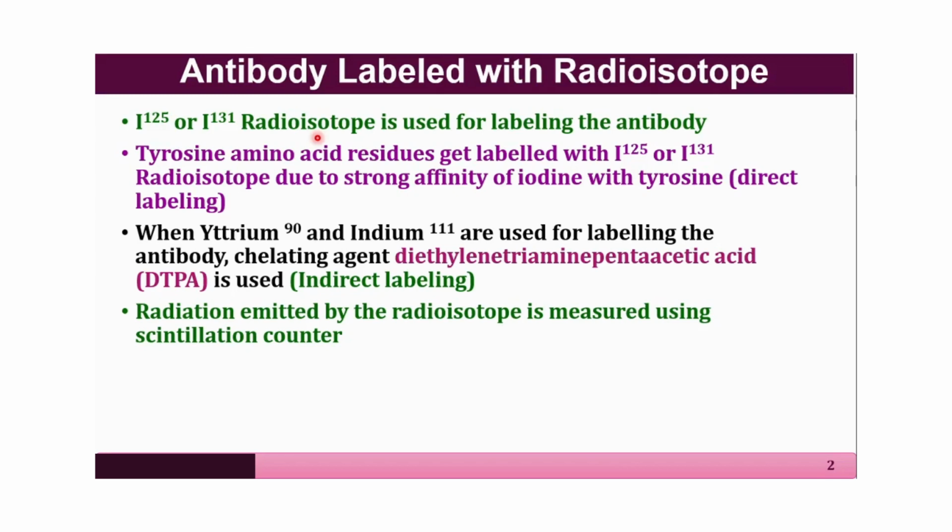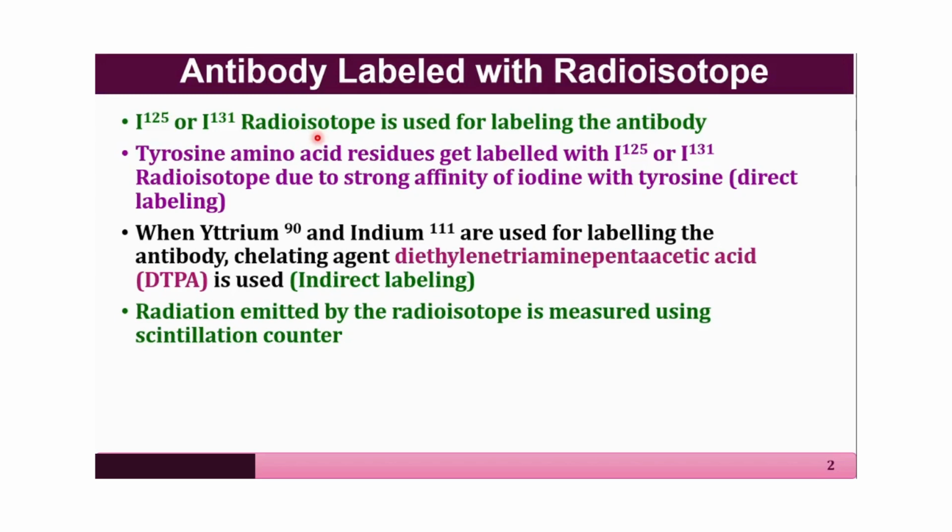The most common radioisotope used for the labeling of antibodies is I-125 or I-131, that is iodine 125 or iodine 131. It is also used for labeling the antigens,